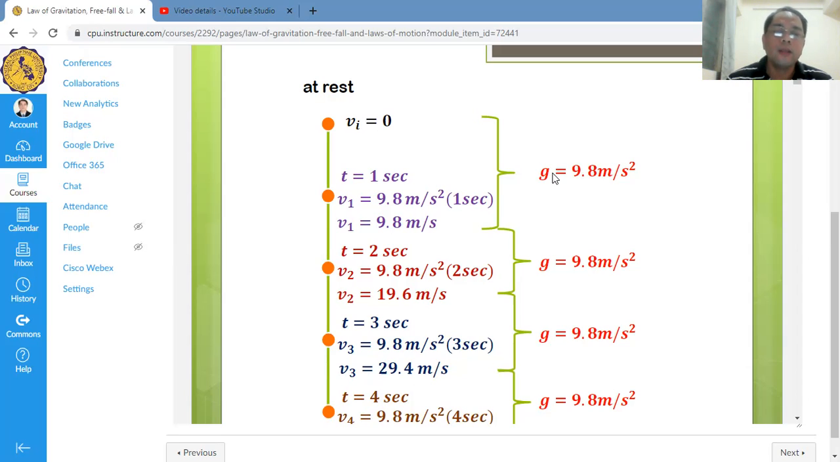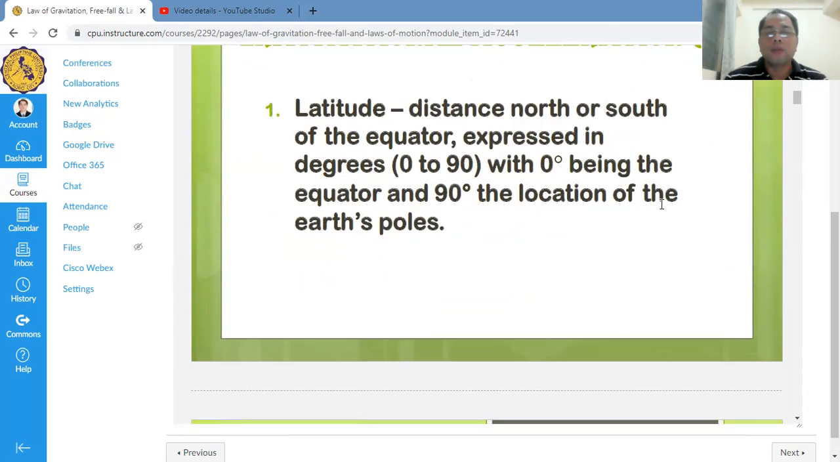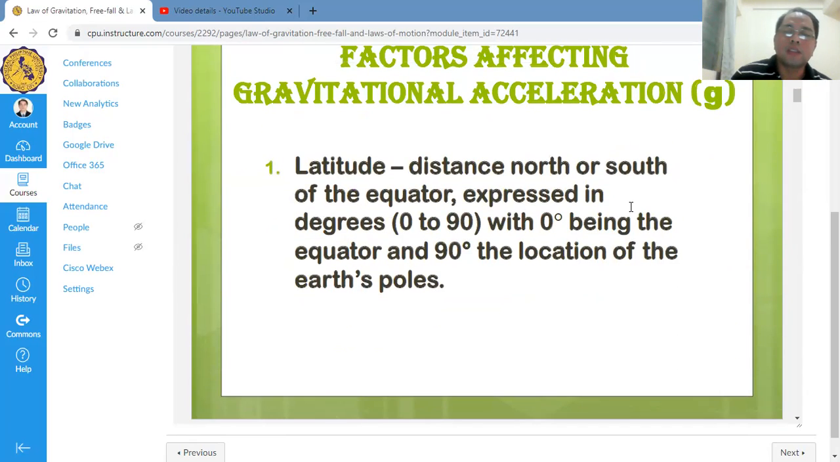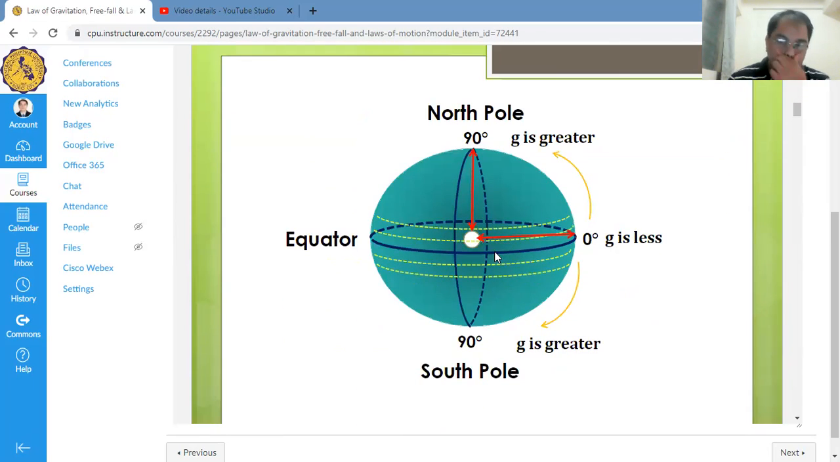Okay, so the effect of gravity is that it is uniformly accelerated. Now, what are the factors that affect the gravitational acceleration? One is latitude. Latitude means if you go from the equator to the poles, the lines that you see from the equator going up are called the latitudes. So there's less gravity